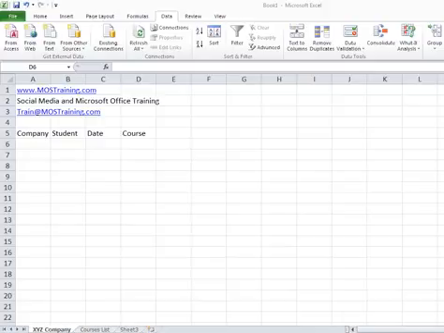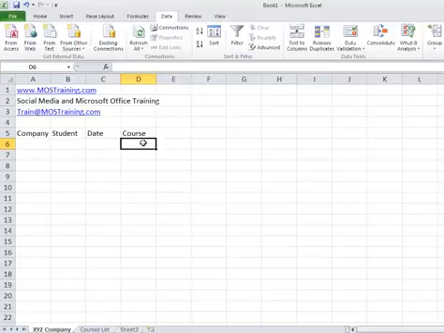First of all, I've created a very simple example to help you understand this a little quicker. I've created a spreadsheet with a list of courses. I'm going to be putting in the name of the company in this scenario, a student name, and a date they took the course, and I want to be able to click from a drop-down list to pull the courses. There are a couple of different ways to do this, but the way I've chosen, I think you'll like it,